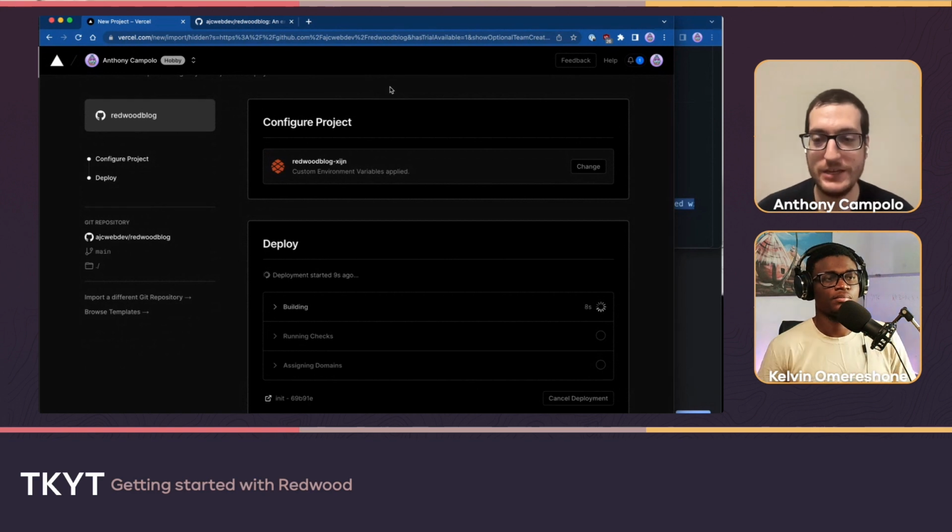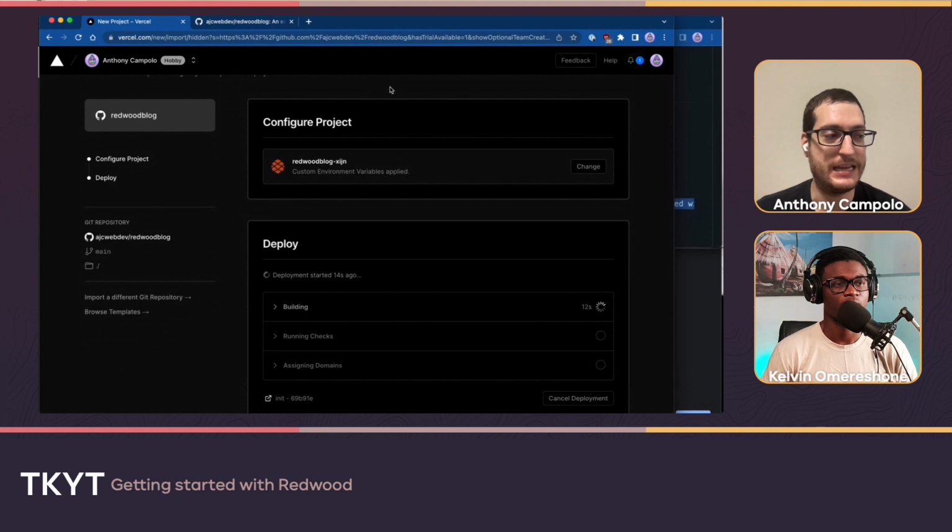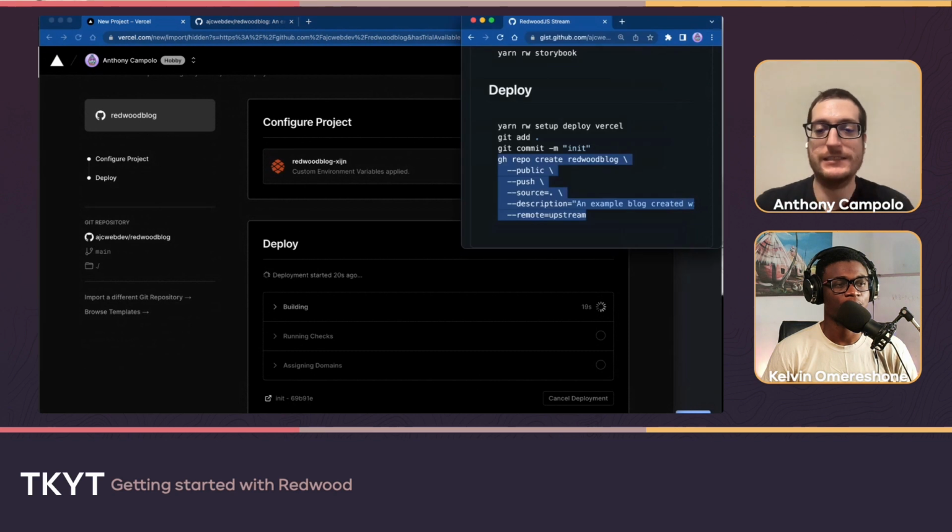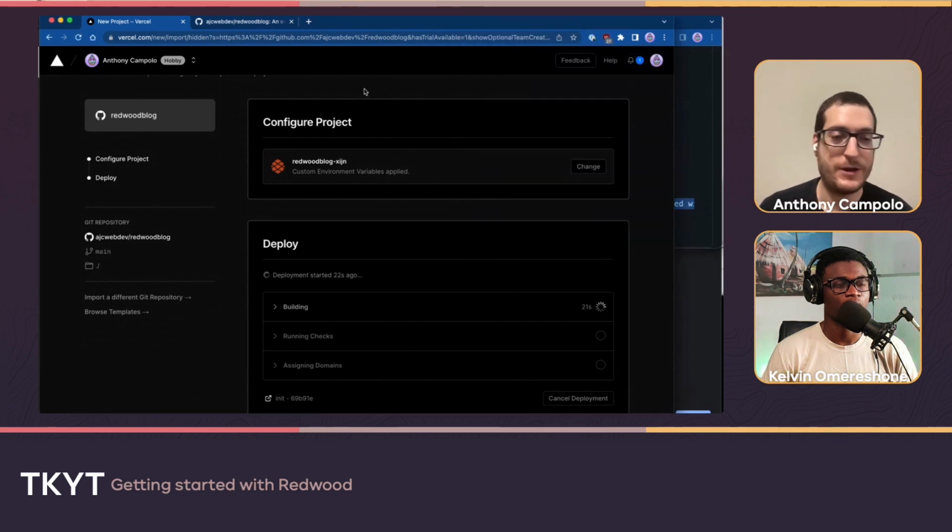Yeah, for sure. I think you definitely got the idea and what makes Redwood really unique and awesome. I'll see this on Twitter a lot, people complaining about how there are no full stack frameworks in JavaScript that have all the conventions built in. I'll be like, have you checked out Redwood?